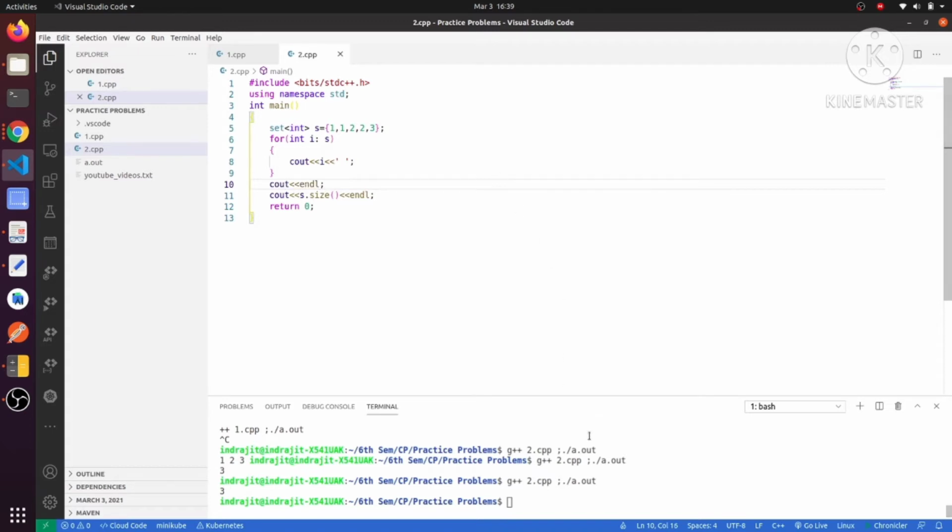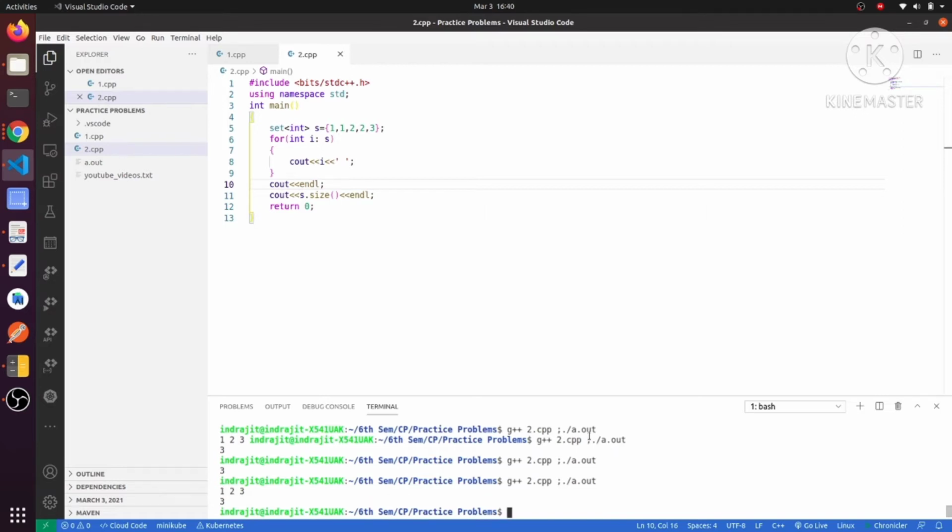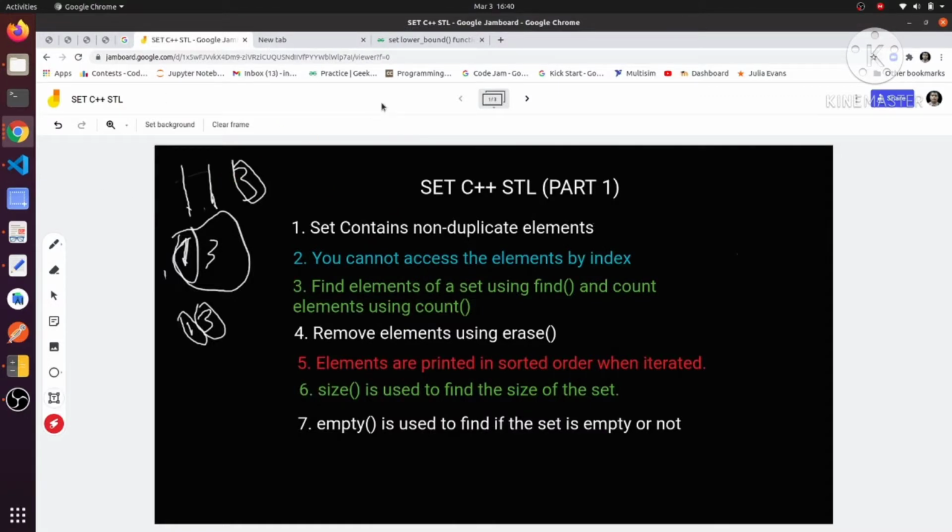These three elements will come, and let us print the size of the set also. So you can see here, I have run this code and this is the output: 1 2 3 are the elements of the set, which are non-repetitive, and 3 is the size of the set. So this is the first point, that set contains non-duplicate elements. I hope you understood this, right?